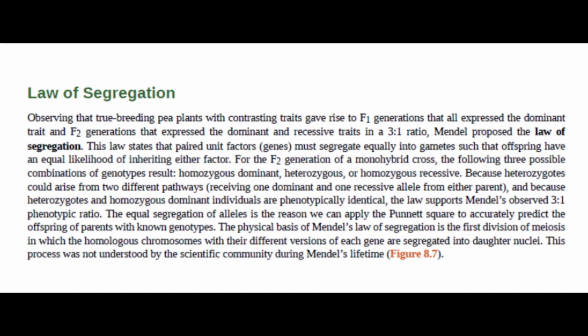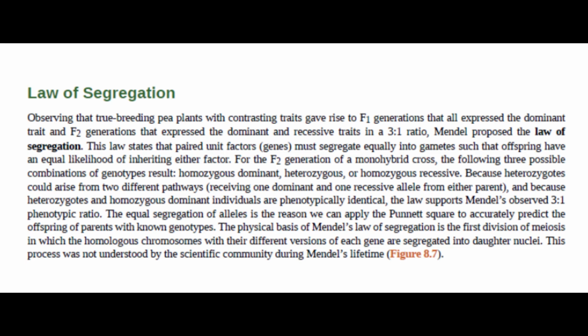For the F2 generation of a monohybrid cross, the following three possible combinations of genotypes result: homozygous dominant, heterozygous, or homozygous recessive. Because heterozygotes could arise from two different pathways, receiving one dominant and one recessive allele from either parent, and because heterozygotes and homozygous dominant individuals are phenotypically identical, the law supports Mendel's observed 3-to-1 phenotypic ratio. The equal segregation of alleles is the reason we can apply the Punnett square to accurately predict the offspring of